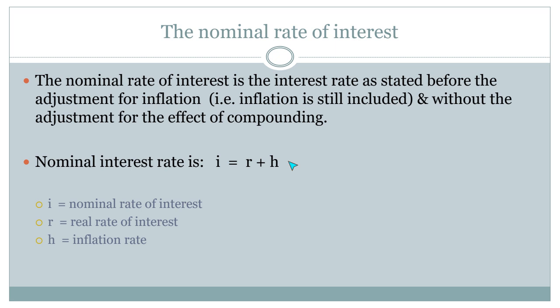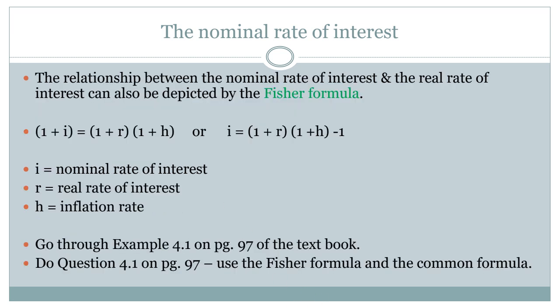That's just it expressed as a formula. R is the real rate of interest, H is inflation, and I represents the nominal rate of interest. Particularly for the exam, because that will be a closed book assessment, this Fisher formula is not on your formula sheet. You need to memorize this formula. They have in the past several times included a short question where you had to use the Fisher formula to calculate